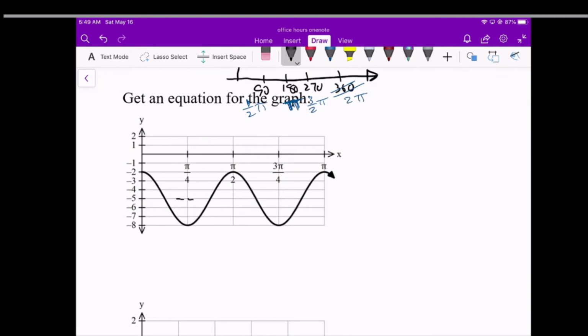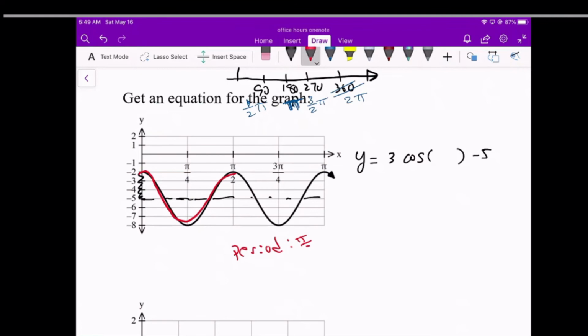For the second one, we're asked to get an equation for the graph. Looks like the midline is about here. I'm thinking of this as a cosine. So it's going to be cosine of something minus 5 for the midline. The amplitude is this distance from the middle to the top, so that looks like 3 units. The period for this, a wave starts here and ends here, so the period